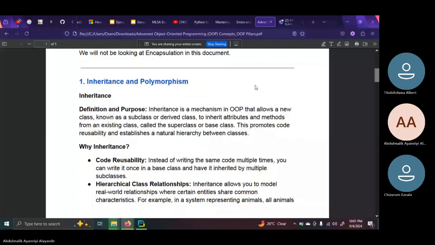So, inheritance, definition and purpose. Inheritance is a mechanism in OOP that allows a new class. I talked about classes before. We can create a class from another class. The way we create objects of a class, now we can create a particular class from another class. This class is created from this class, but then